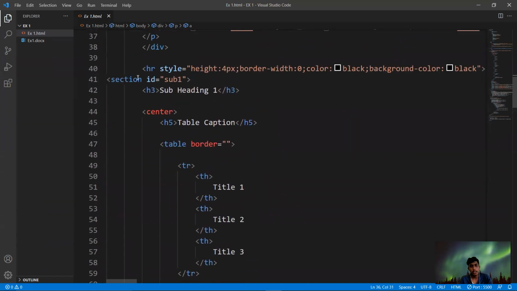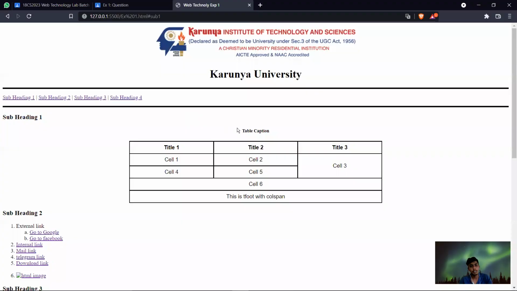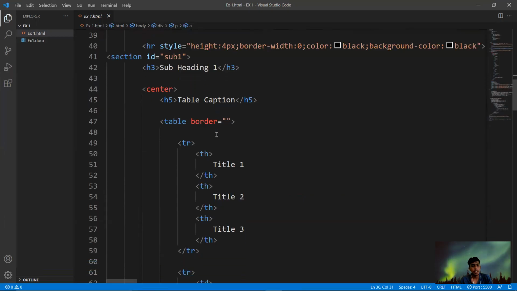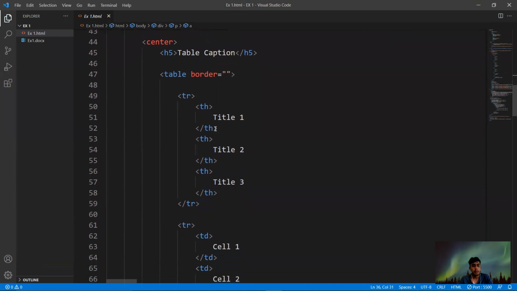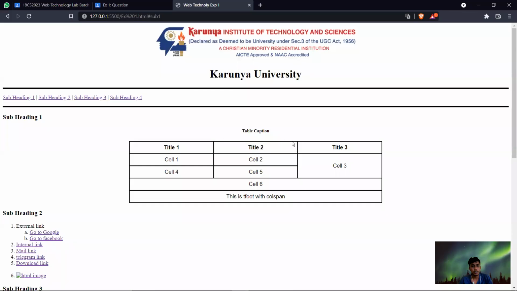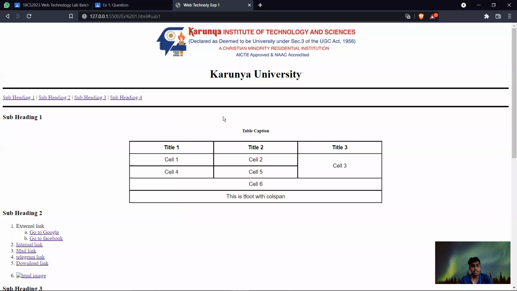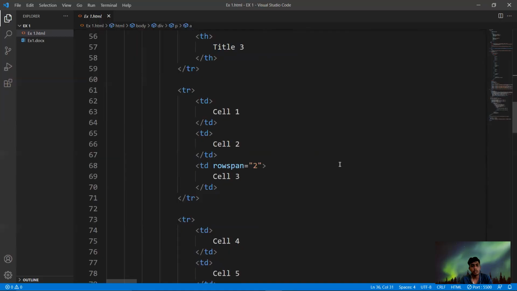H1, that is a section sub 1, that is subheading 1, and I'm giving in center, that is table caption. So this was in center, I'm giving table caption, and I'm giving that table is also in center. I'm creating a table and border, and then the table I'm giving in first row, we are giving table data, that is title 1, title 2, and title 3. And afterwards we are giving second row table data cell 1, cell 2, and cell 3 was in, we are